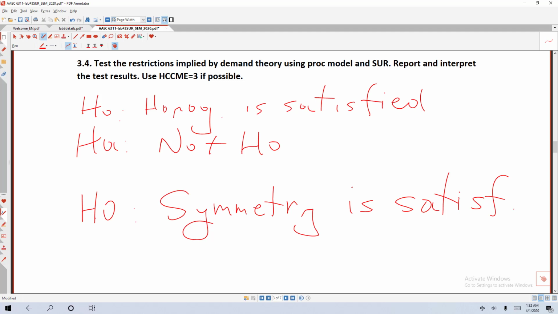And the alternative is not the null. Okay, so from what we saw, we reject the homogeneity restriction, but we fail to reject the symmetry restriction. Now, I know that some of you might say, well, that's bad, that means that economic theory